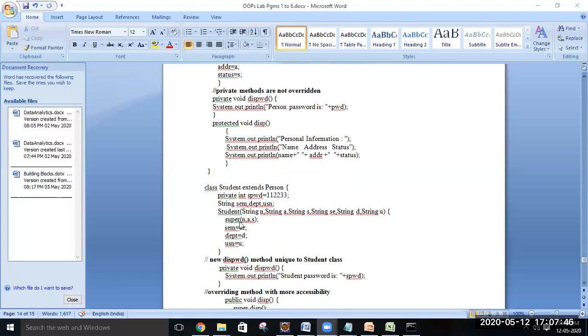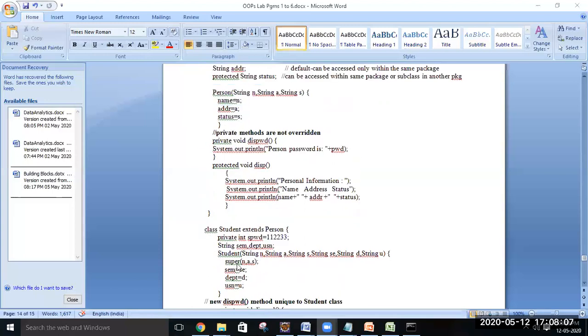So how will you pass information to the parent class? You should use the super keyword. If you are invoking using super, this will pass the information to the superclass constructor.